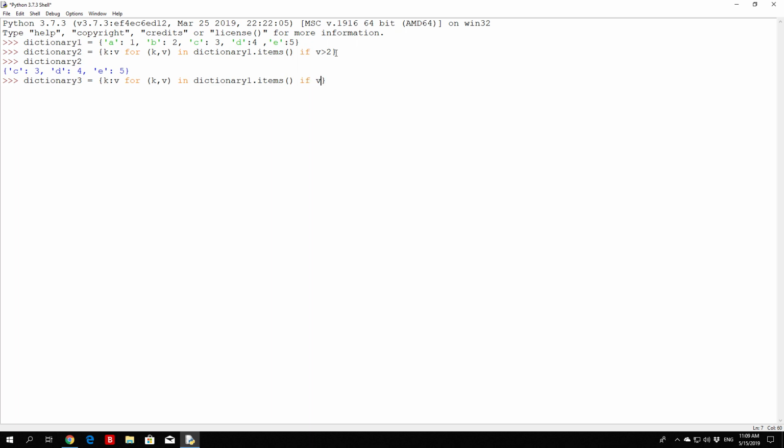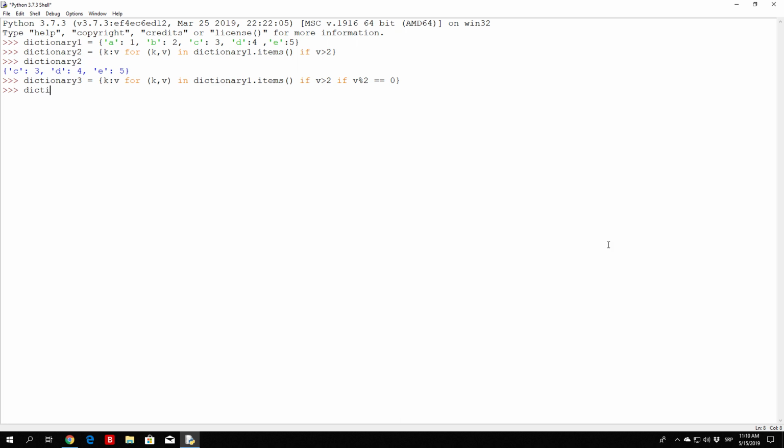So if value is greater than 2, and also if value modulo 2 is equal to 1 basically, or pardon me, is equal to 0. If you wanted to, for example, say equal to 1, it would give you the non-divisible numbers. We will check that out later on, but for now, if you just press enter with this statement right here